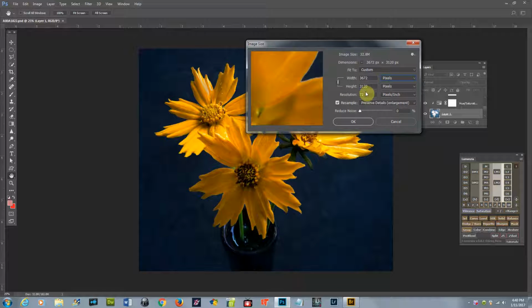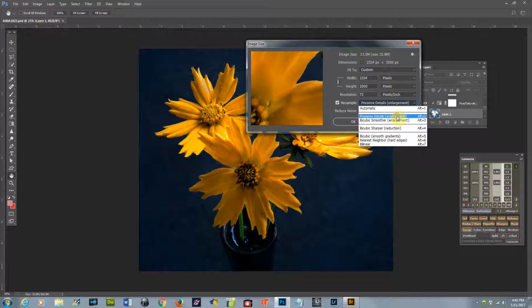Now that would be more than half, dividing by 2, so I'm going to take it in 2 steps. I hope that makes sense to you. So about half of that, I can do about 16, but let's go about halfway between 31 and 10, so let's go down to about 2,000 pixels. I like to put the resample type on preserve details enlargement, which doesn't make much sense, but I get a lot better results when I downsize